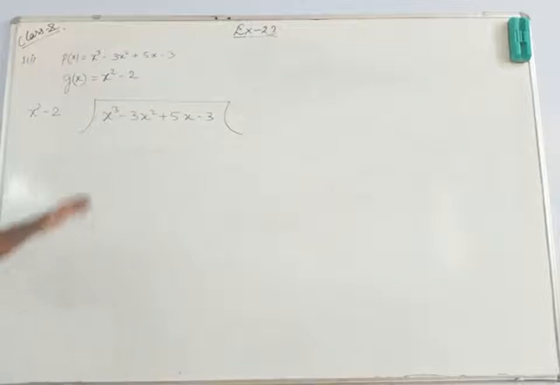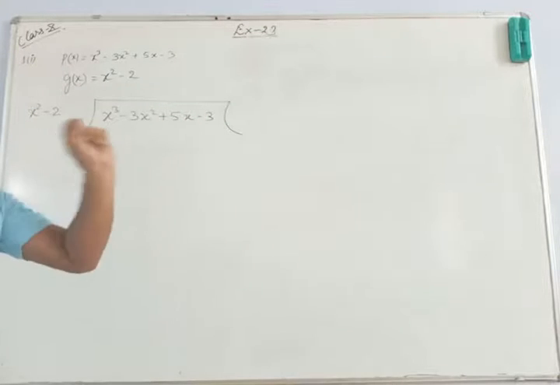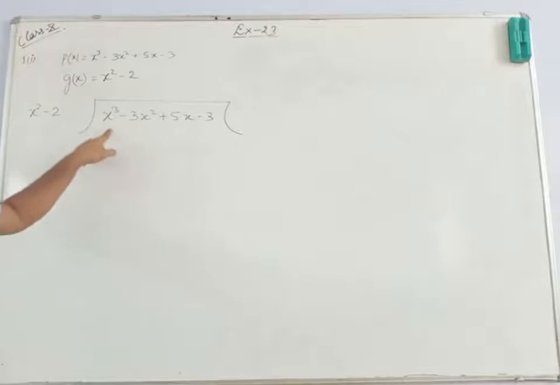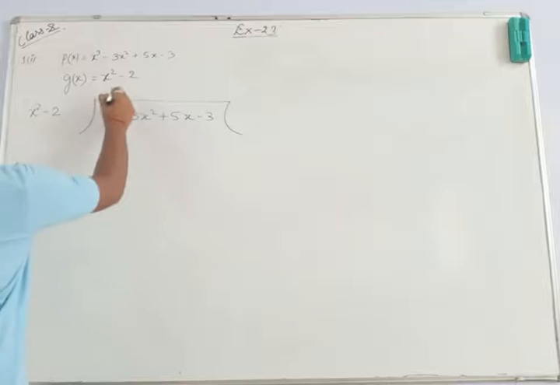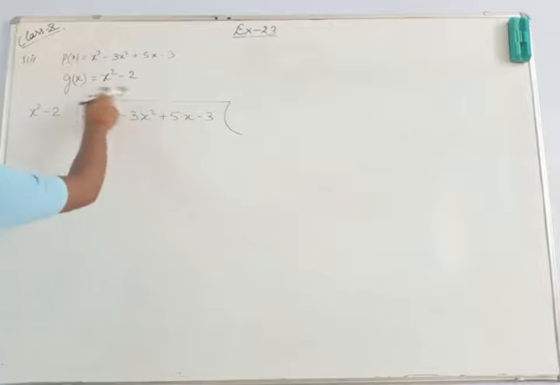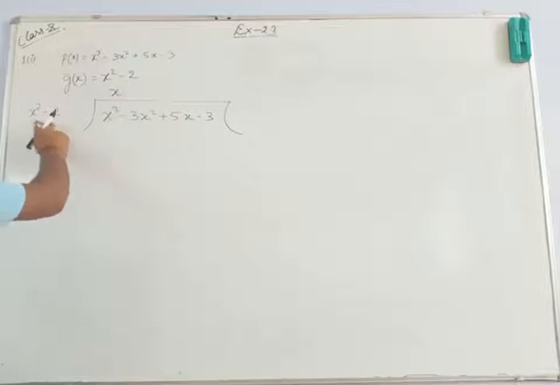Okay, so here our main motto is to eliminate the first term. ओके, सो हमारा हमेशा यही मोटो रहेगा कि हम फर्स्ट टर्म को एलिमिनेट करें हर बार. ओके, हियर द फर्स्ट टर्म इज x cube, so we will be multiplying this term with that kind of term so that we can eliminate this x cube. तो इस x cube को एलिमिनेट करने के लिए इस टर्म को किससे मल्टीप्लाई करना पड़ेगा? x से. So we will be multiplying it with x, that means x times x square minus 2 x times.